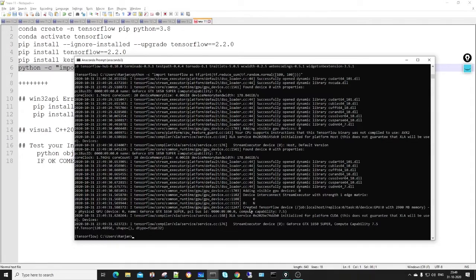In version 1, we have to install a separate version for GPU. But in version 2, we don't need to specify whether I will use GPU or not. It will select by default. If you want to use GPU, you can use GPU. Otherwise, there is a single package name in TensorFlow version 2.